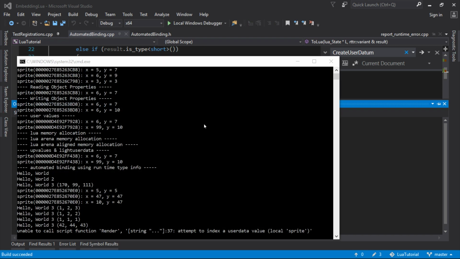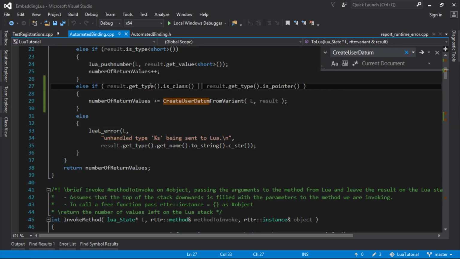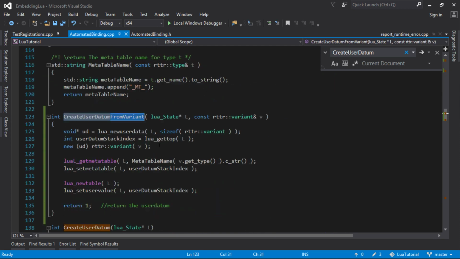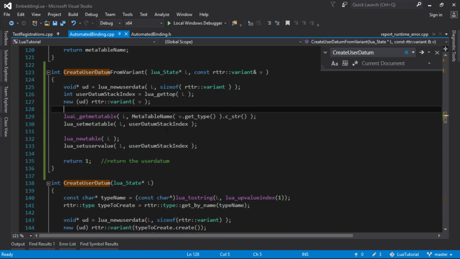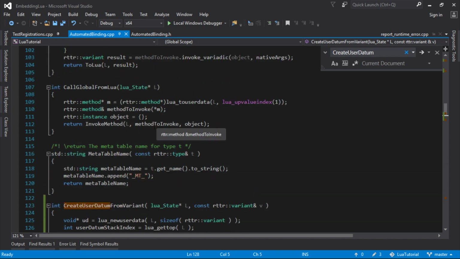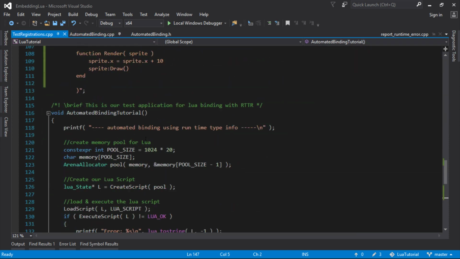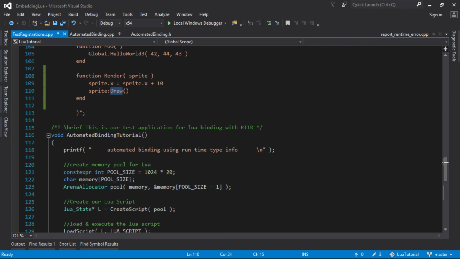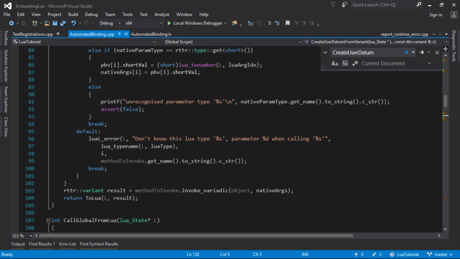And the answer is attempt to index user datum value local sprite. So we've got a bit further, I think. I think we got into there. But that's right, it couldn't call the draw function. So it was attempting to get that draw function, or perhaps it was attempting to get this X, and it couldn't do it. And I think the reason for this